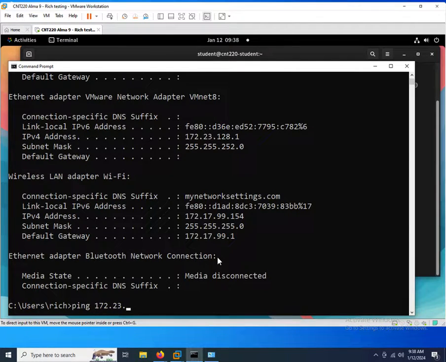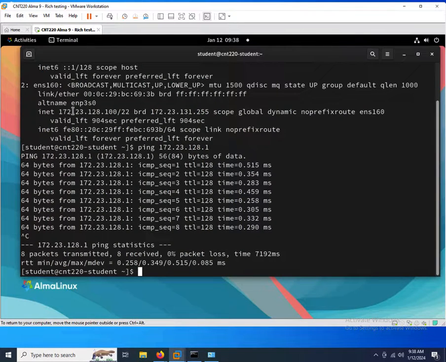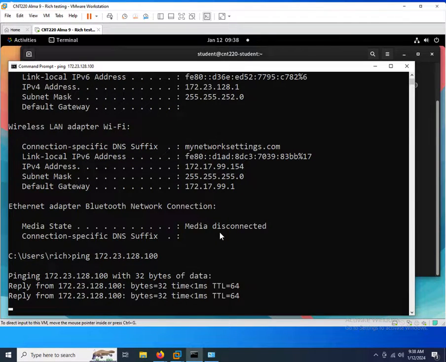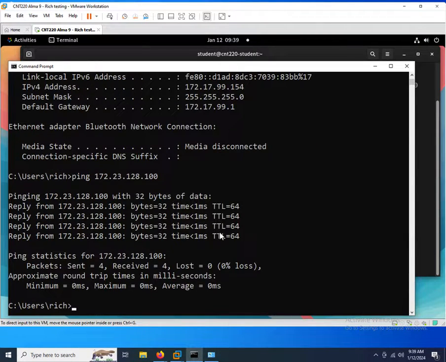So 172.23.128.100 is the IP my Linux got. All right, so I pinged between both PCs using the addresses they have, which are the default addresses you got. So first thing we're going to do is make some IP address changes using the